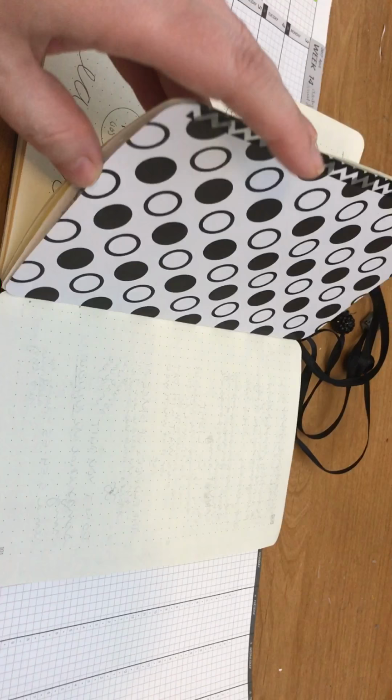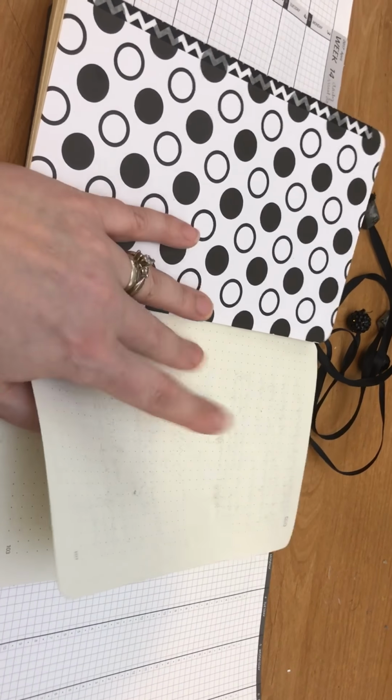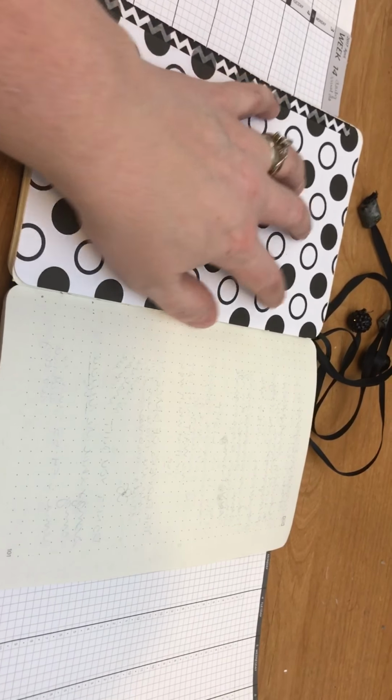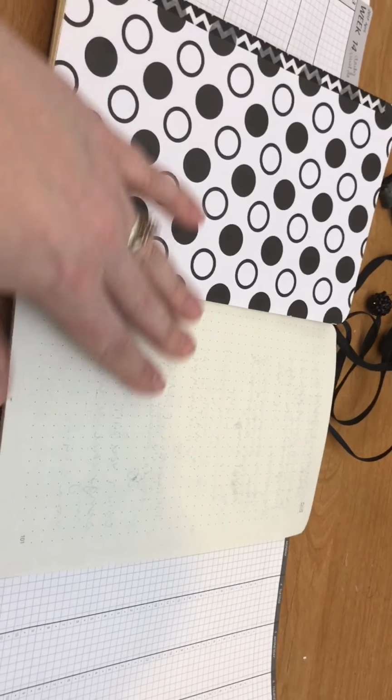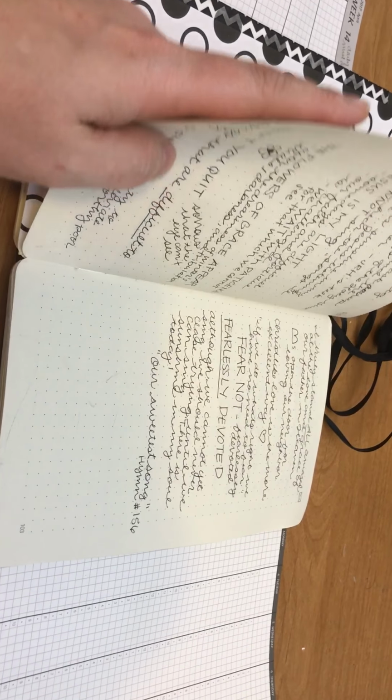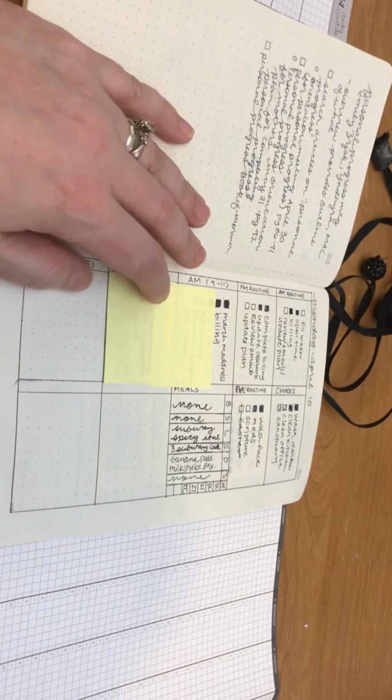It's just a piece of scrapbook paper washi over it. And again, I might add this to a migrating collection or a traveling collection, because this is something that I'm going to want to look back over and reflect on often. And then these are notes that I took at church. And then we have starting